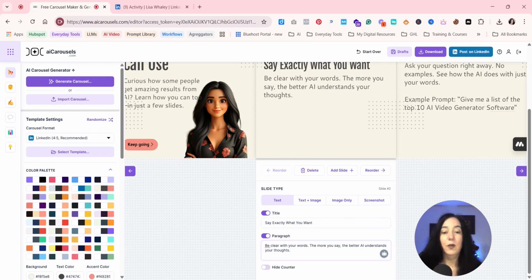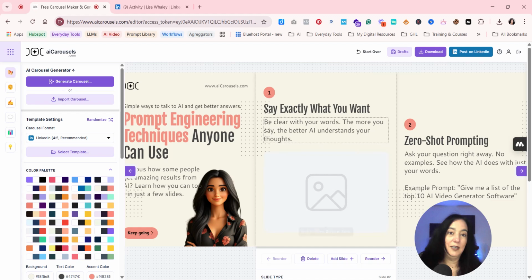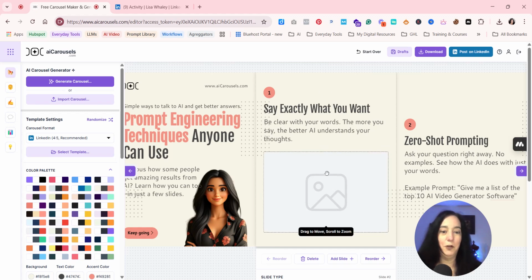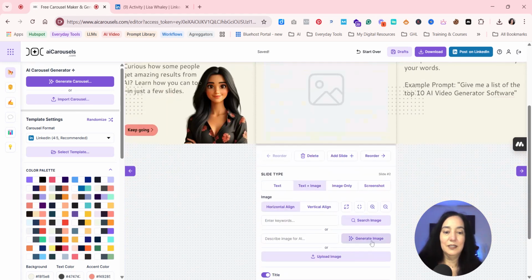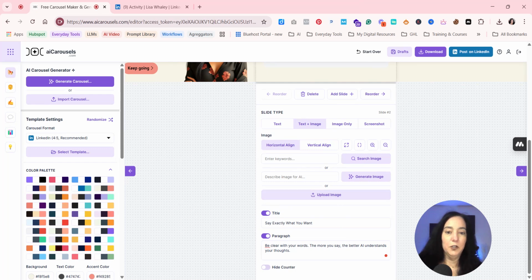Okay. Now, if you look, it says right here, slide type, it says text. I can also go text and image. And see what it did? It just completely changed the format for you. And then all you would have to do is the image loads down here. See right here where you go upload image, or here's the other thing, you guys, amazing. You can generate an image, or I can enter the keywords and I can say,